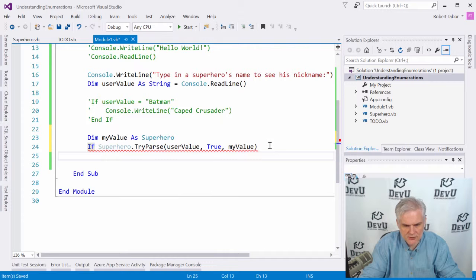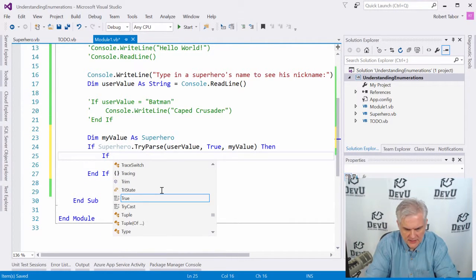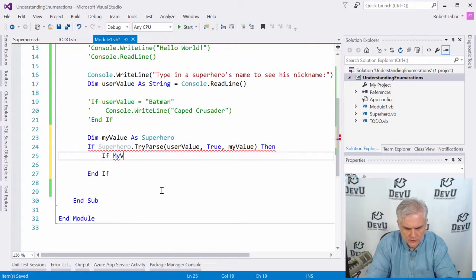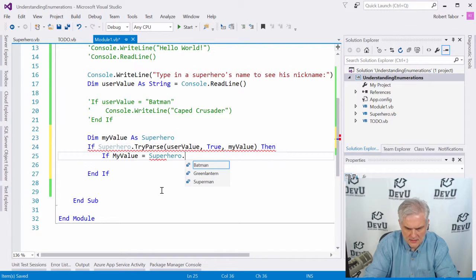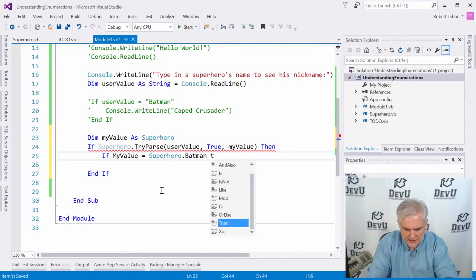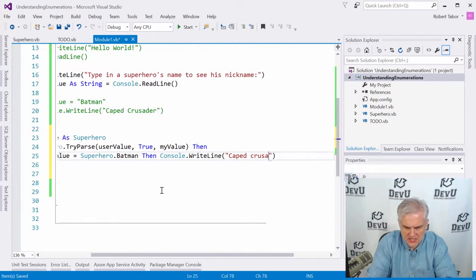Okay, so what we're going to attempt to do is take the user value that they typed in, and we're going to try and parse that string that they type in into a type of Superhero. And if we can do that successfully, then we'll go ahead, we'll go if myValue equals Superhero dot Batman, then Console dot WriteLine Caped Crusader,